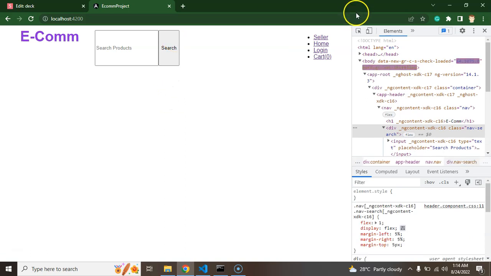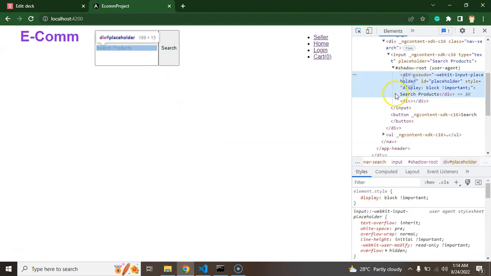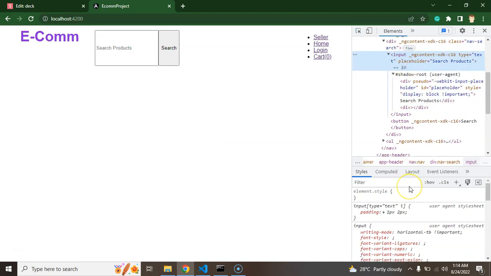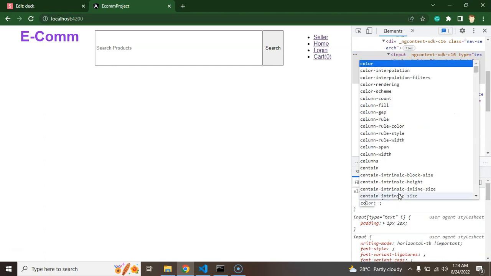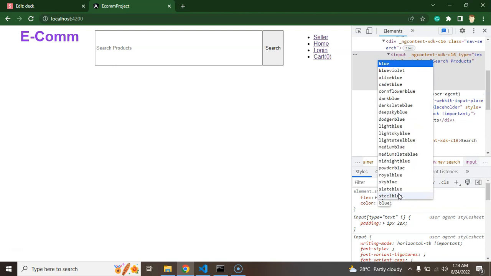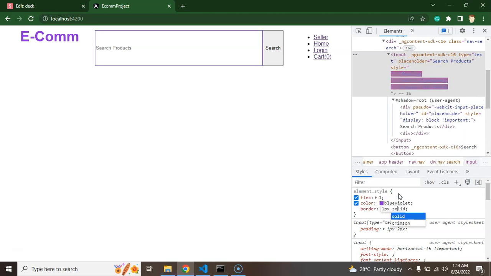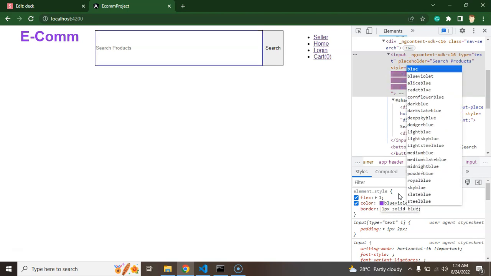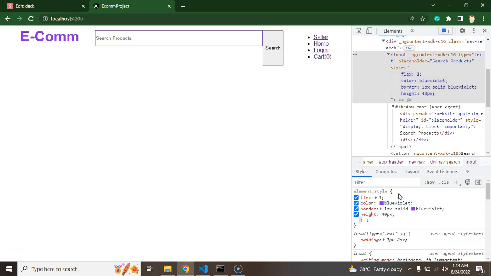And okay, so we just forgot to move one CSS. Let me tell you which one is that. So in input box, we have to just put here flex 1. And after that we can just put here color again, which is blue violet, border, and you can see that border 1 pixel, solid, and color is again blue violet. That is okay. Height we can fix it 40 pixel, and